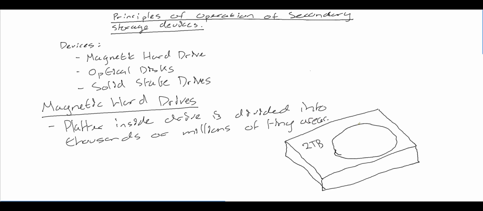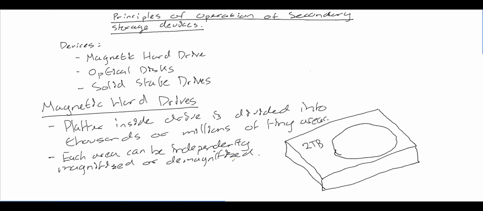Each one of these areas can be independently magnetized or demagnetized, and when one of these tiny areas is magnetized, the area stores a binary 1, and when it's demagnetized, the area